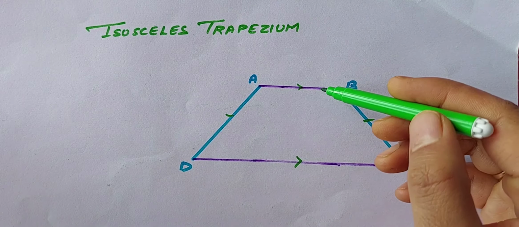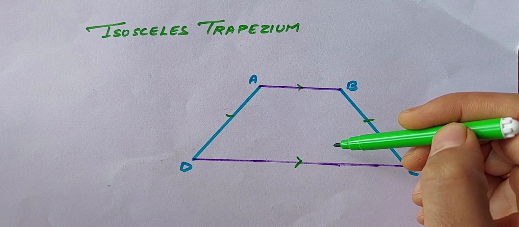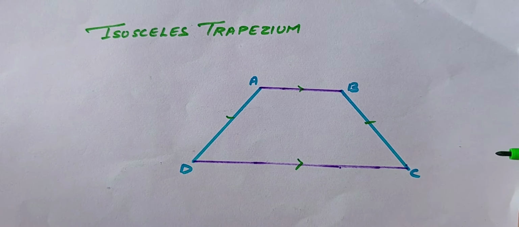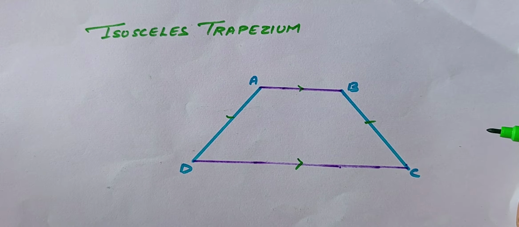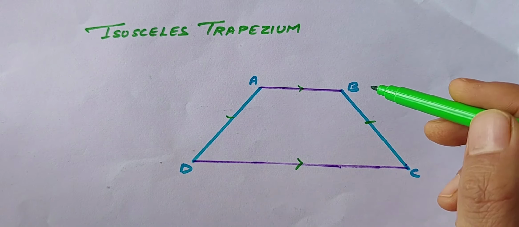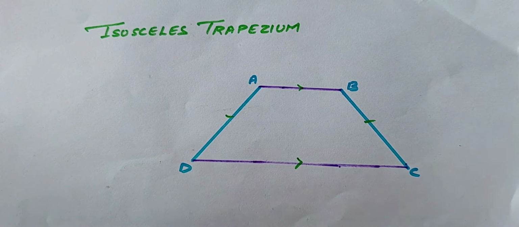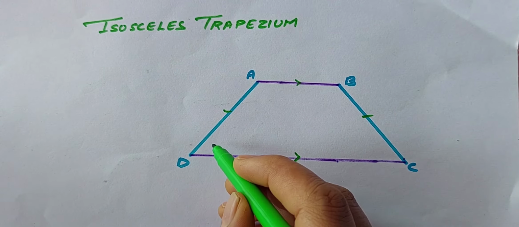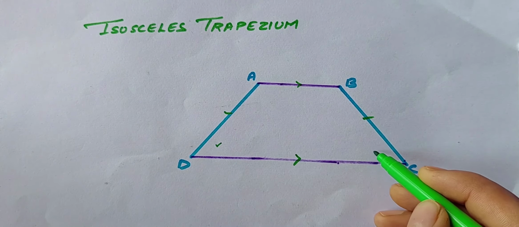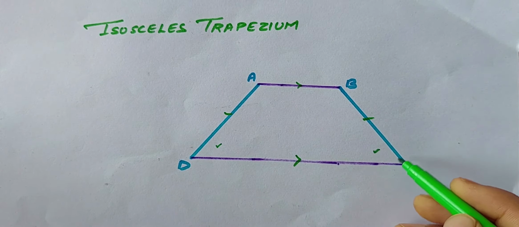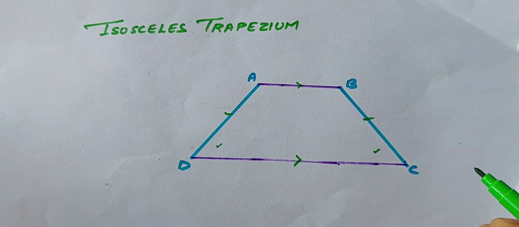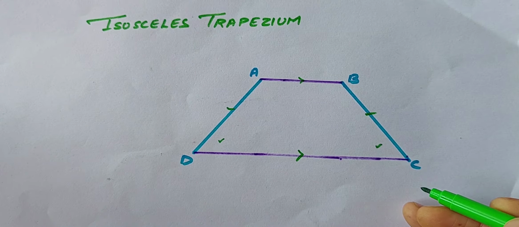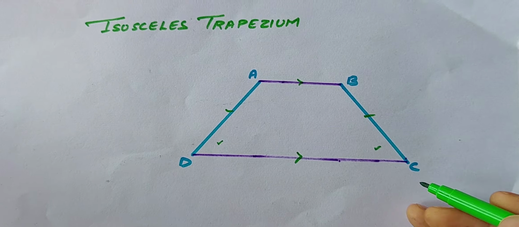Now, because of one pair of parallel sides, it has some properties, and along with that it has non-parallel sides equal, so it has some more properties. Visually, if we focus here, what properties does it possess? I asked you to submit the properties in the first assignment, so let me tell you. Here in an isosceles trapezium, this looks equal to this, both are acute. Yes, we do not go by visuals, but right now we are just trying to see what properties it possesses, then we'll try to prove them also.